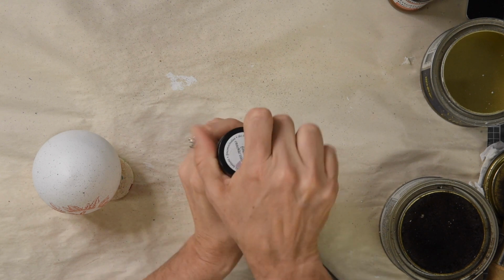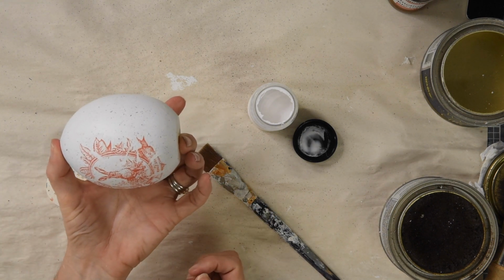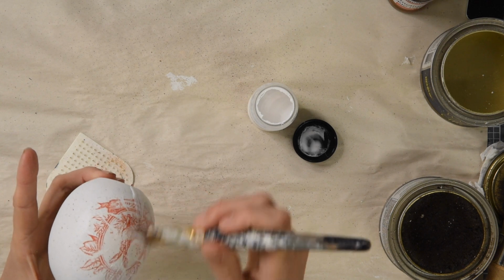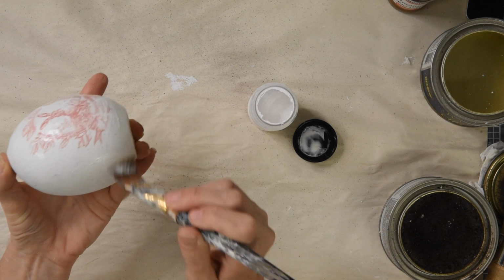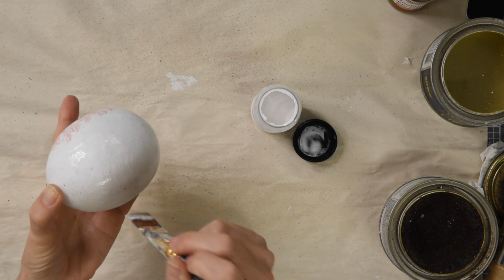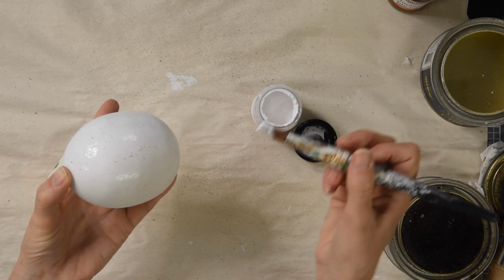So how I'm going to do this is I'm going to get a hold of it on the top and the bottom, and we're just going to work our way around. You don't need to go in the same direction. I'm going to make sure that I'm going all the way to the bottom here. If you're using the ones from Dollarama that aren't flat on the bottom, because remember these ones were made for me years ago,